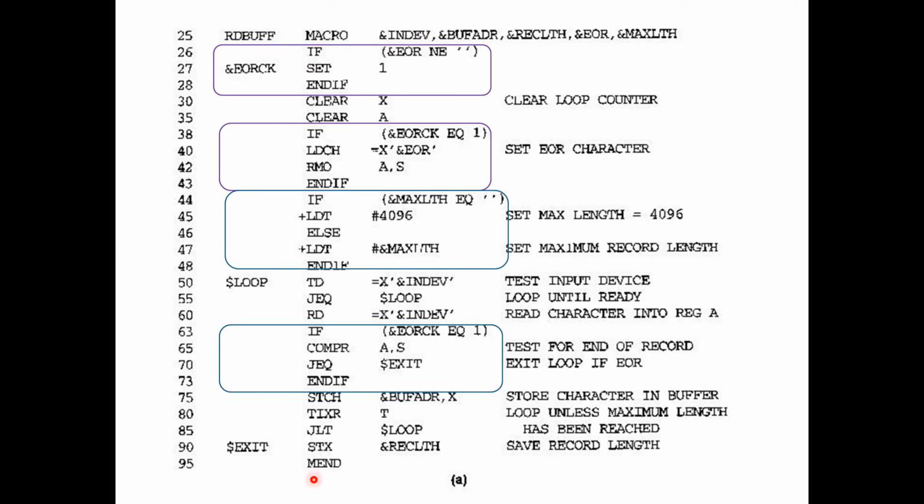First let us understand what statements are inside your macro definition. All these 4 blocks are conditional statements. First conditional statement: you can see it starts with if and endif.